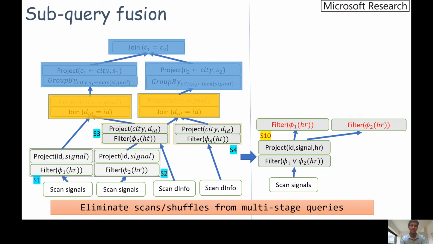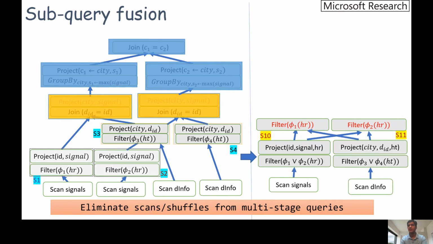Similarly, we are going to fuse S3 and S4. And as these residual mappers are going to be running in the same stage as the fused part from S10, we are going to produce a disjunct of the residual filters from this fusion. So next, we are going to substitute these stages back into this query plan and then continue upwards, fusing more